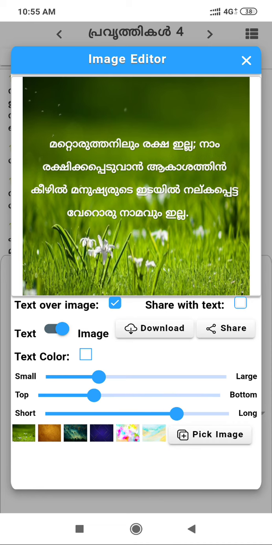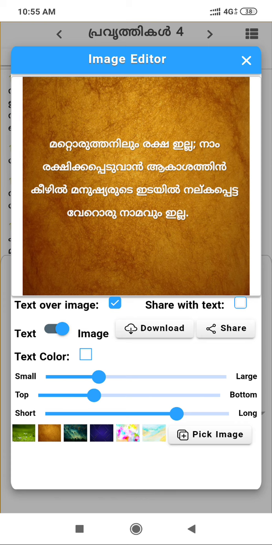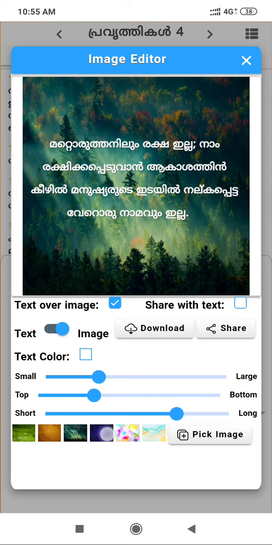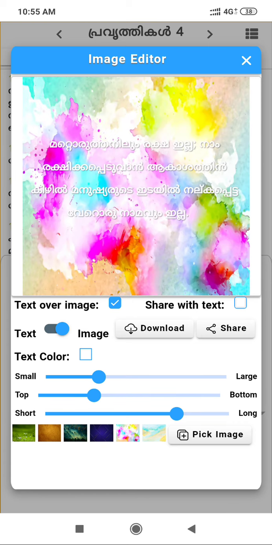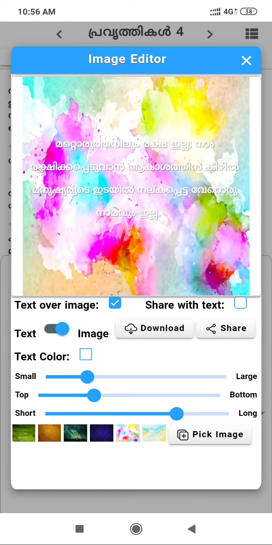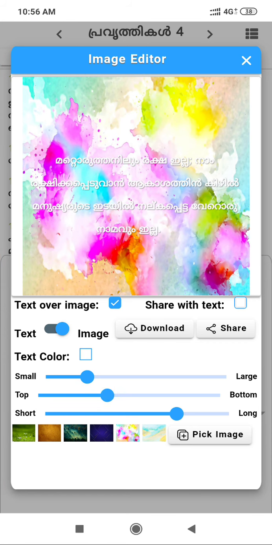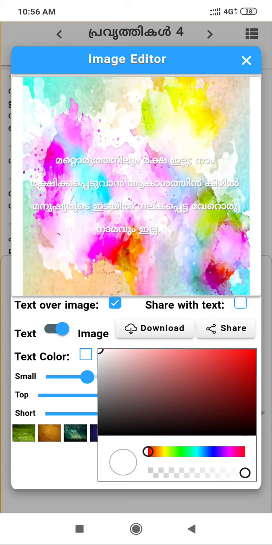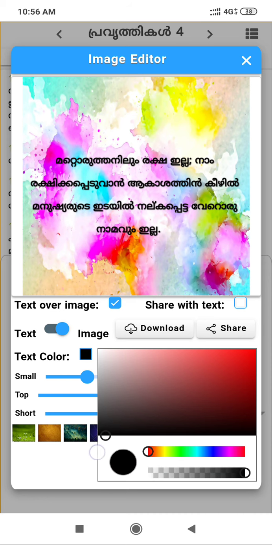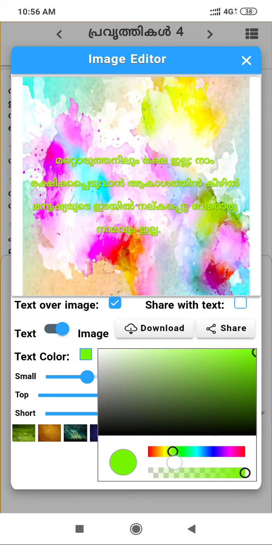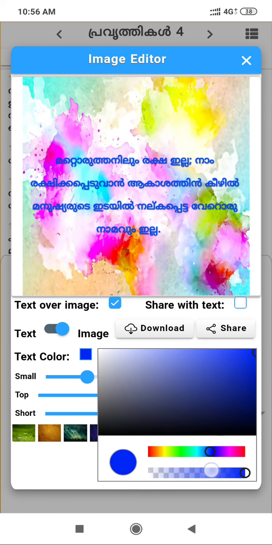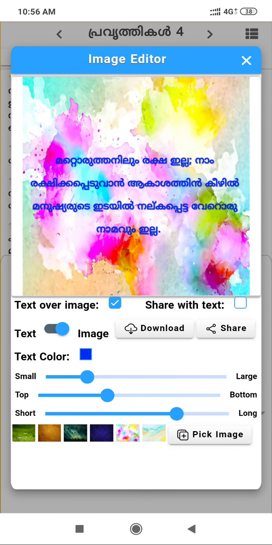I have already given a few images. If you want to change it, you can change it. You can also change the text color. If you click on the text color here, a color box will pop up. You can change to different colors, and it will work. Or if you already have an image in your gallery, you can pick it.